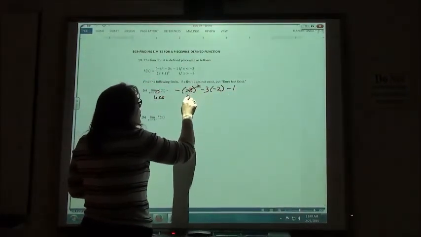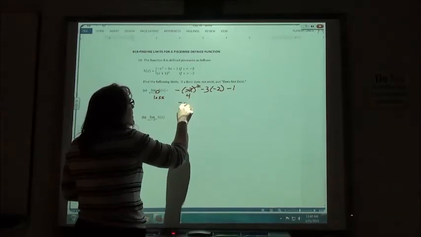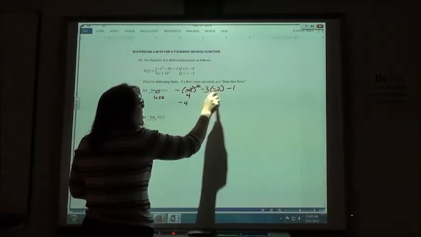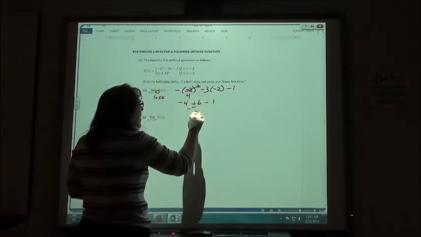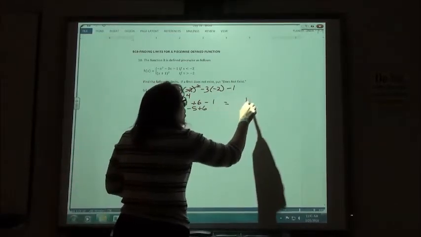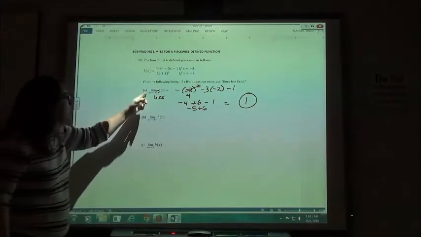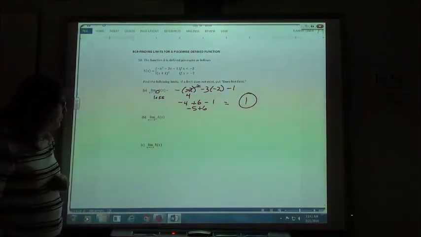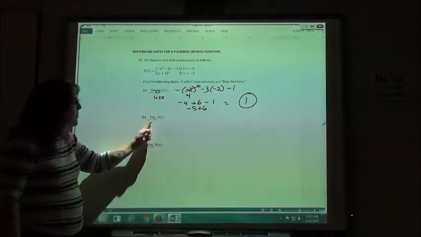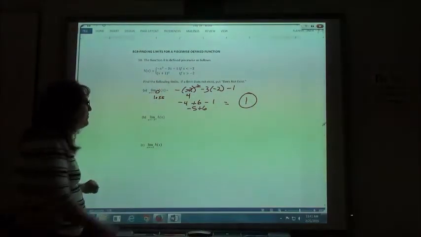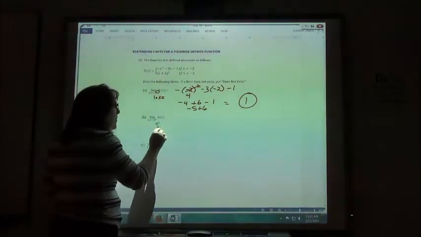So -2 squared would be 4. It has the minus sign in front, so -4. Plus 6 minus 1. That would be minus 5 plus 6, which gives me 1 as I approach from the negative direction. If I do part B, as I approach -2 from the positive direction, in other words, I'm greater